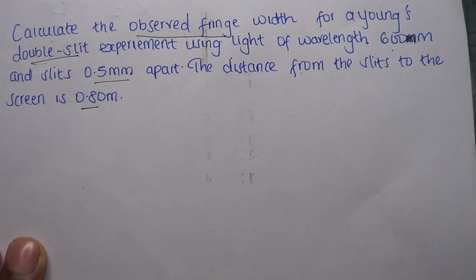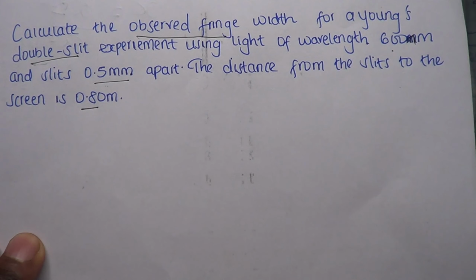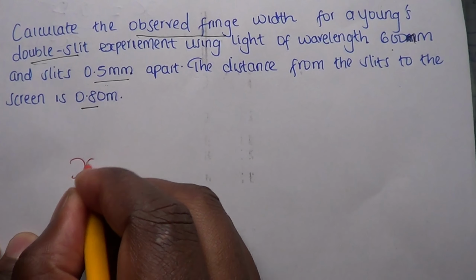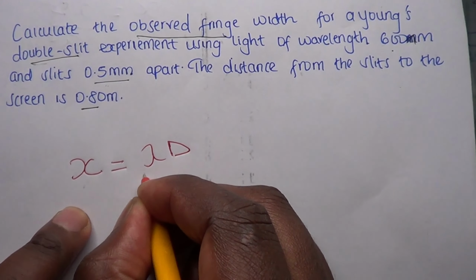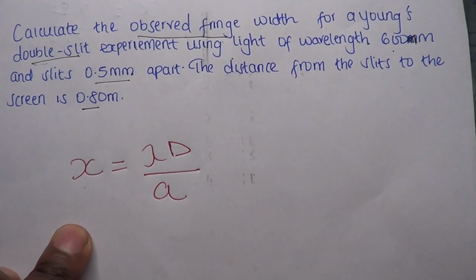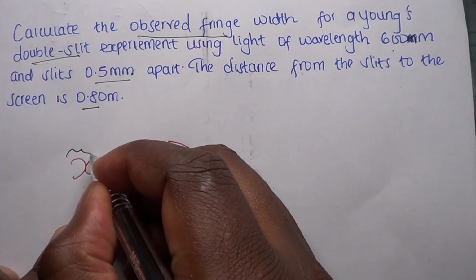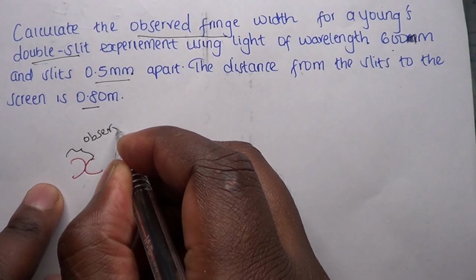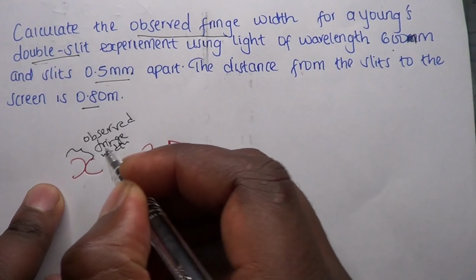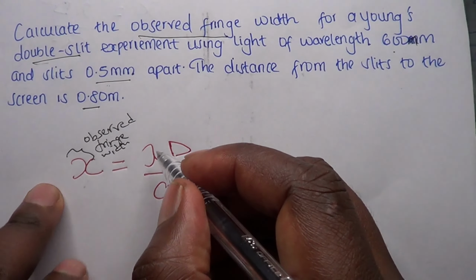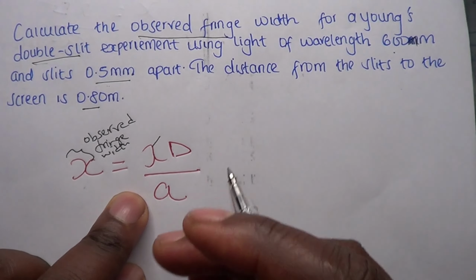Now, in this question, what you need to know when you need to calculate the observed fringe width is, we say x is the observed fringe width, equals lambda times D over a. This x is the observed fringe width, that's either within the trough and trough or crest and crest. Lambda is the wavelength